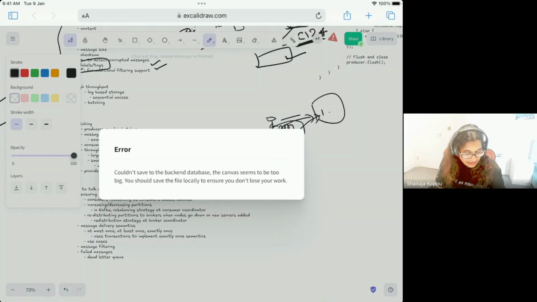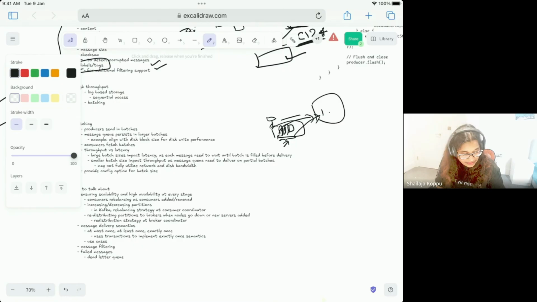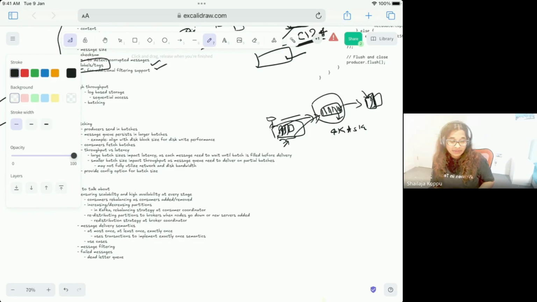And then while storing as well, we can store the batch together. So for example, instead of doing one write operation to the disk, let's say one data block is 4 KB. We can fill the data block with all those messages and then flush it together. That way it's going to be one disk write operation. And at the consumer as well, instead of giving one message to the consumer, you can give a batch of messages to the consumers. So you're trying to take advantage of both storage and network using batching of the messages.